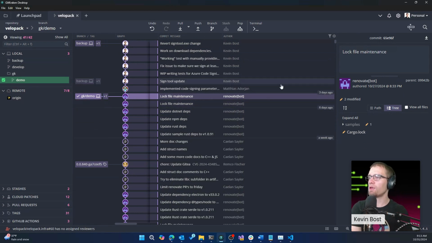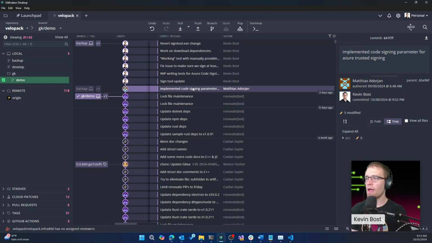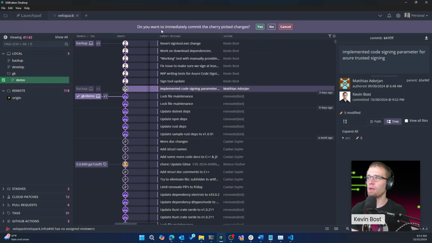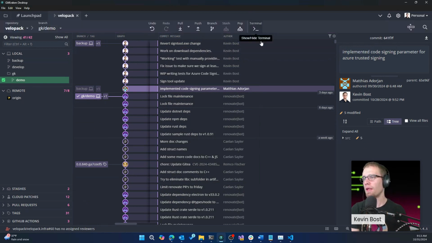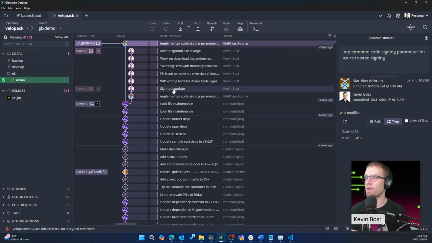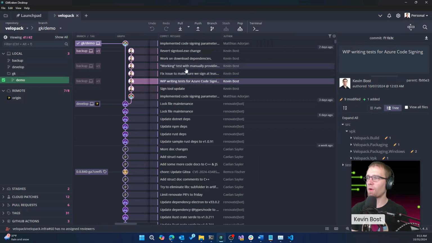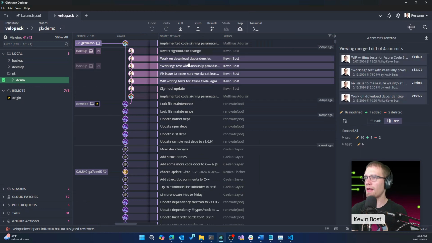And what we can do is we can do it somewhat manually. If we go one by one, we can individually cherry pick commits across. And you'll note when you execute a cherry pick, I kind of skimmed over this before, it gives you the option of immediately committing the changes or leaving them as pending so that you can maybe make some modifications. In this case, we're just going to take everything that we want. We're going to skip the ones that we don't want and say, you know what, let's go ahead and grab